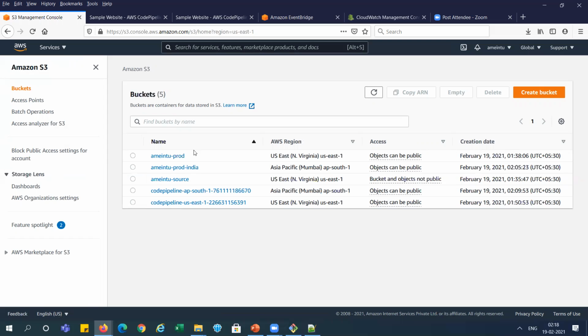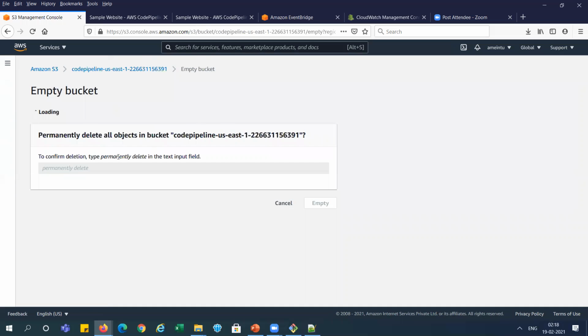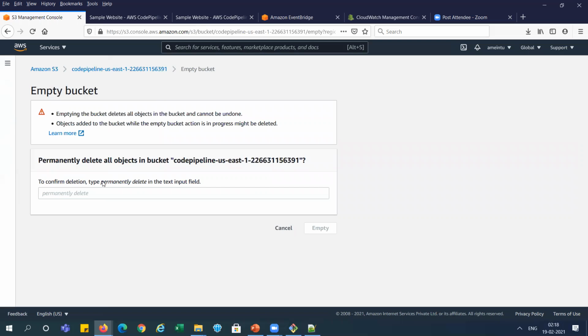So we need to delete all five buckets because they will not be deleted automatically. For deletion, first we need to empty them. So first we will empty all the buckets, right?